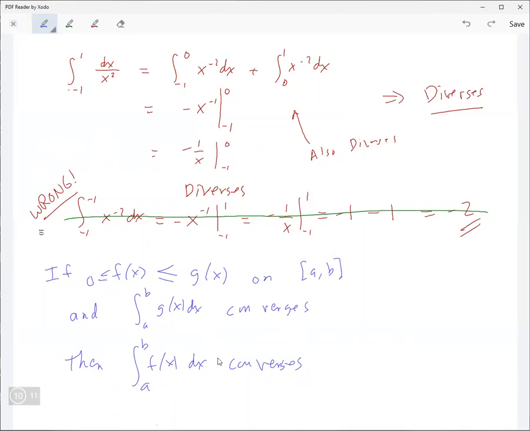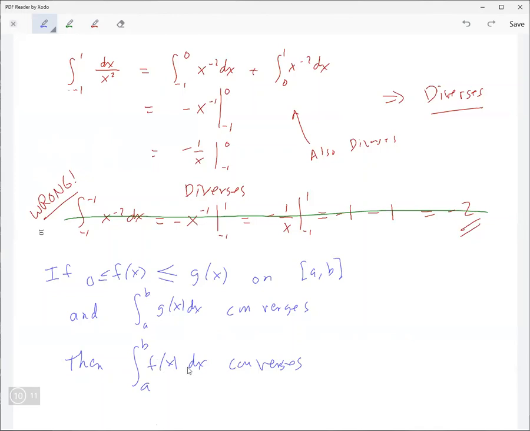Okay, so here's a situation where you don't necessarily have to calculate the integral to know that it converges. It could be a situation where you can't calculate the integral, or at least not in closed form. You could do the methods from our previous section, perhaps. But then again, maybe not.